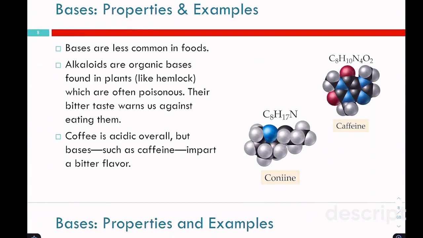So bases are less common in foods than acids, partly because we don't like the way bitter things taste. And the reason is a lot of organic bases are found in plants that are toxic or poisonous. So the bitter taste is a warning against those poisons,